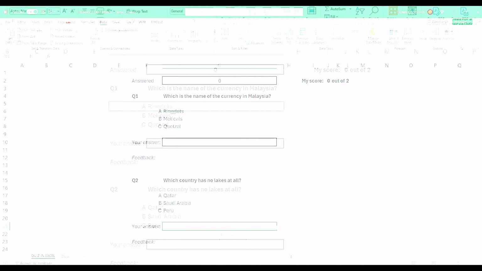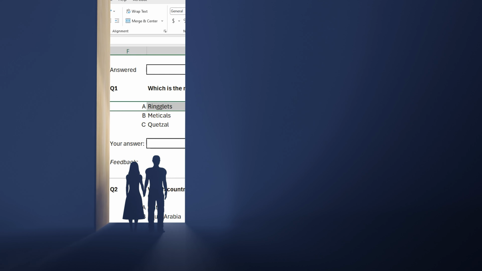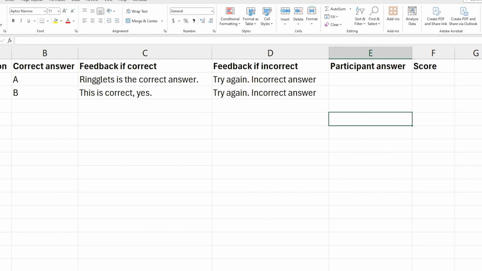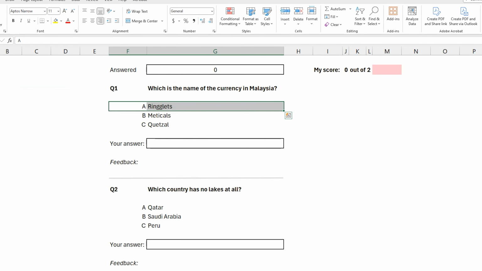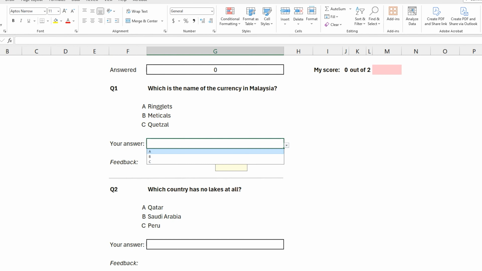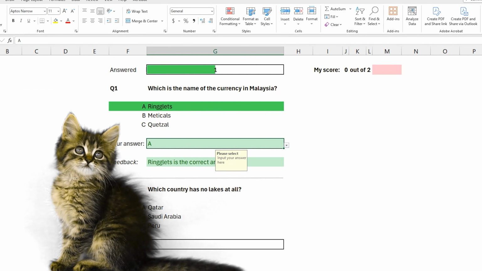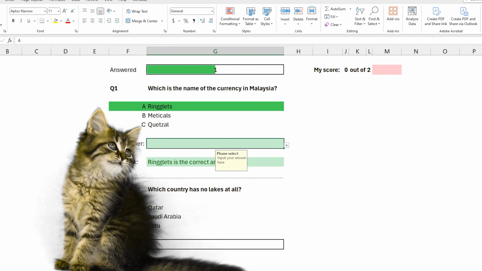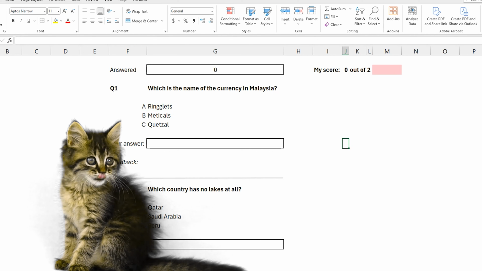Let's move forward. Moving forward, let's do also a bit of conditional formatting for the answers. So if we look in our data file, we know that the correct answer is A for the very first question. So we want, if the person answers with A here, to turn it green. If it's answering anything else, then to remain as it is.